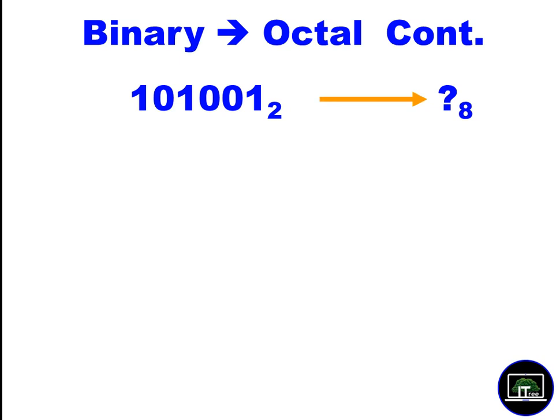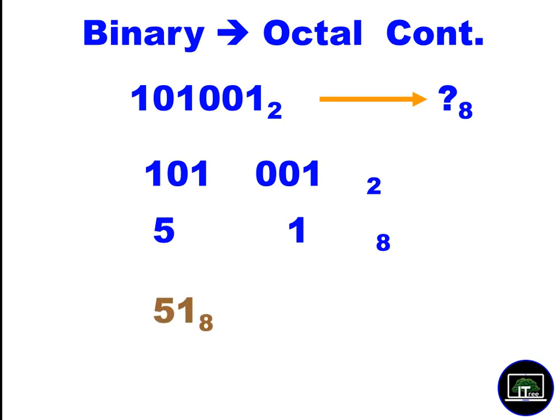We'll convert one number from binary to octal. This number is 1 0 1 0 0 1. We write it in 3 digit groups. It is 1 0 1, that's 5. 0 0 1, that's 1. You can use that trick. Write 1 2 4 below the number in very small letters, then you can calculate this very easily. Always remember 1 2 4 starting from the end. So it is 51 in octal.